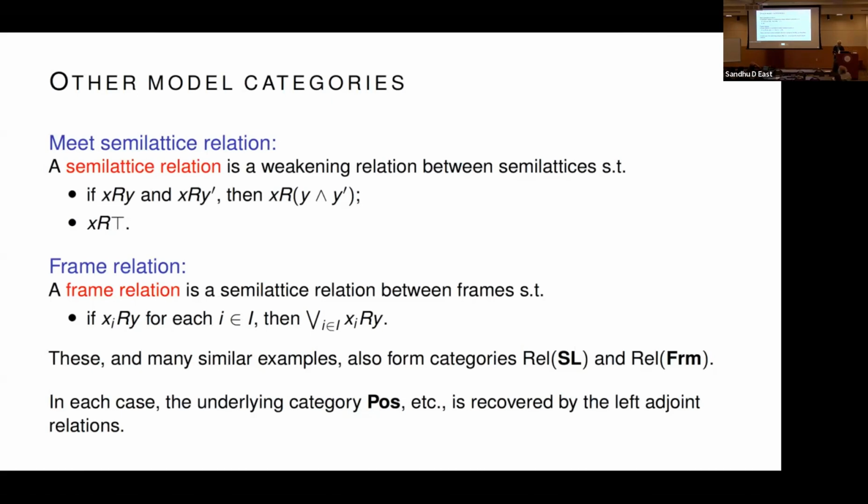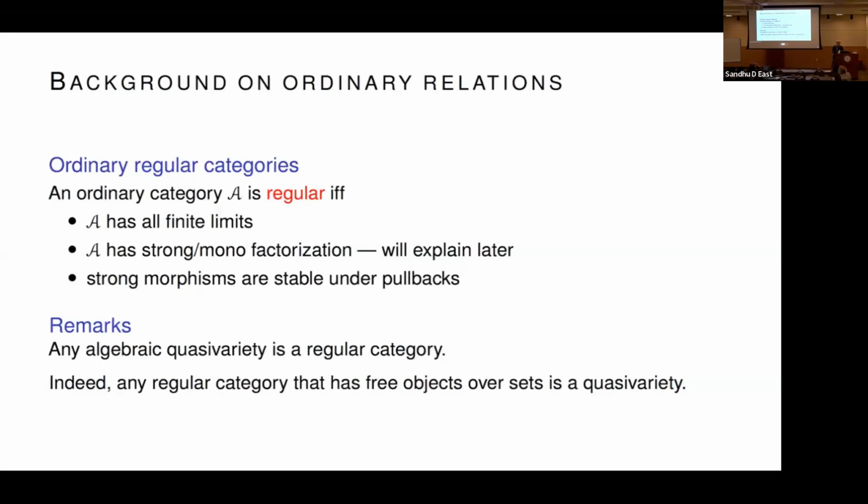Distributive lattices also form basically anything that's a variety in which the objects have an underlying order will give you an order regular category. So here's the classical thing, right? An ordinary regular category is a category that has finite limits. It has a strong mono factorization system. I probably don't need to tell you all the details of what that means. You know what a monomorphism is, and a strong